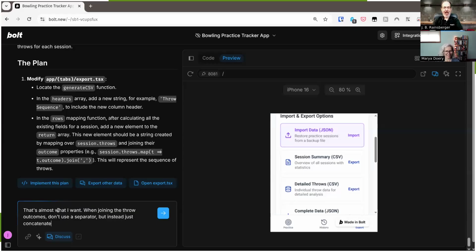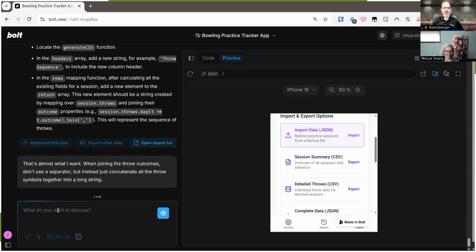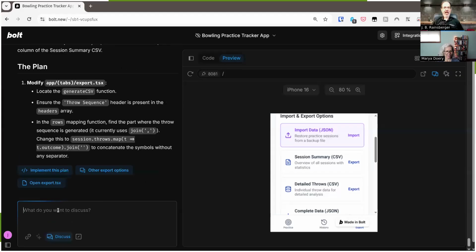Instead, just concatenate all the throw symbols together into a long string. And now it's doing join with empty string, which is what I did, which is really nice. I think that's what we want.